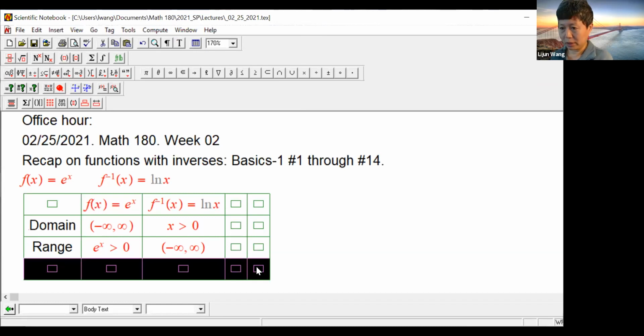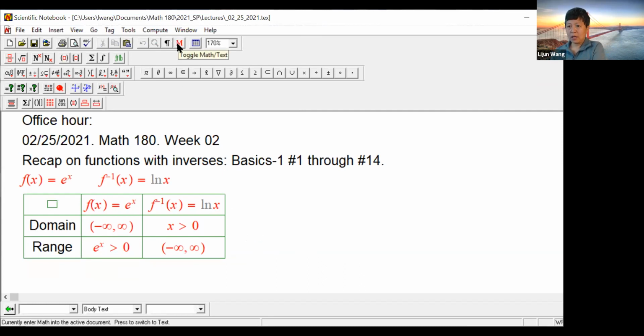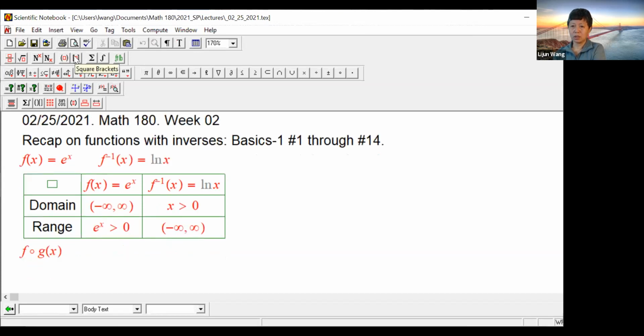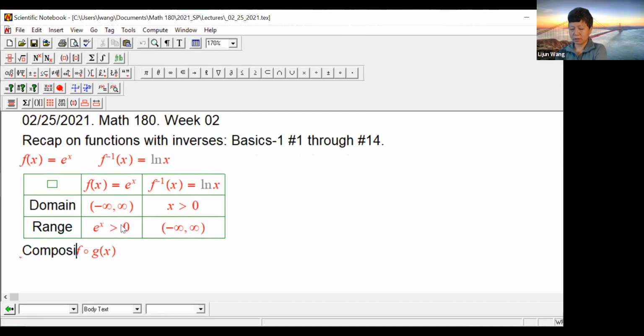Let's look at another property. This is called a composition of functions. You probably have seen that before, right? f composite g. Have you seen this kind of operation before? Yeah. It's called a composite function. Composite basically allows us to build functions